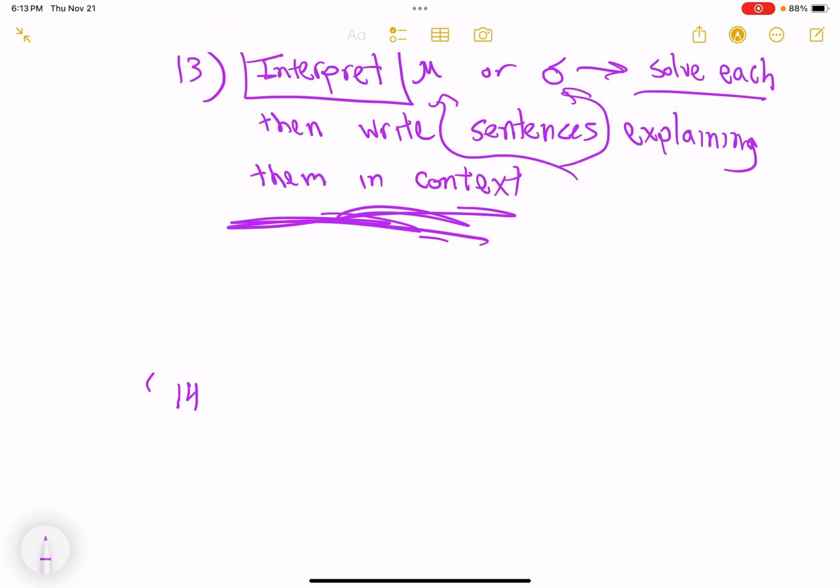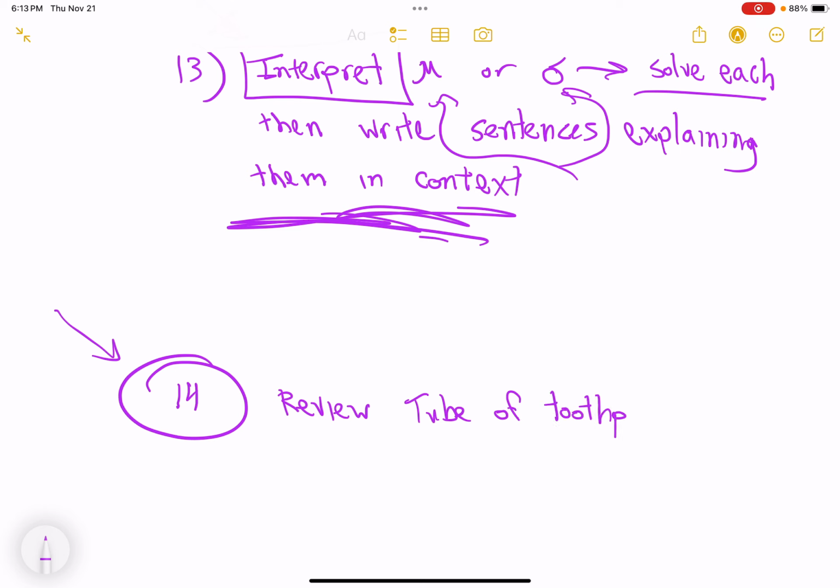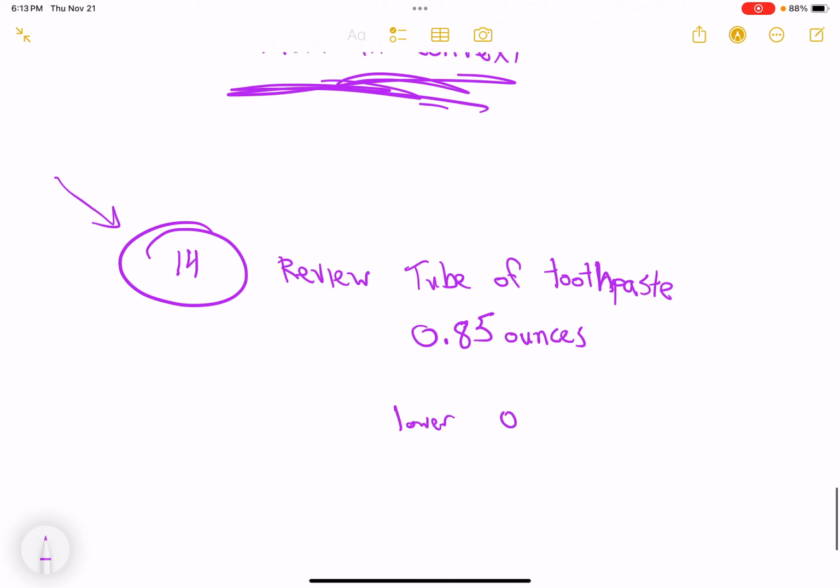And finally, your final tip, number 14, okay? Review the tube of toothpaste problem. Can't remember what his name was. I'm actually not even going to tell you where it's found. I'm going to make you go searching through our class notes and our homeworks to see. But the tube of toothpaste problem, you will remember that one tube of toothpaste was 0.85 ounces. And it was a cool situation where we made our lower 0.85, because that would be him running out of toothpaste or using all of it. And the upper was 100,000, because it was like, what are the odds that up above our curve, he needs exponentially more toothpaste than a single toothpaste tube